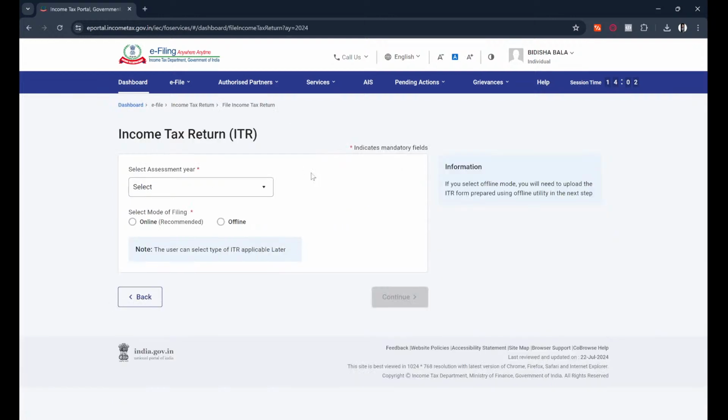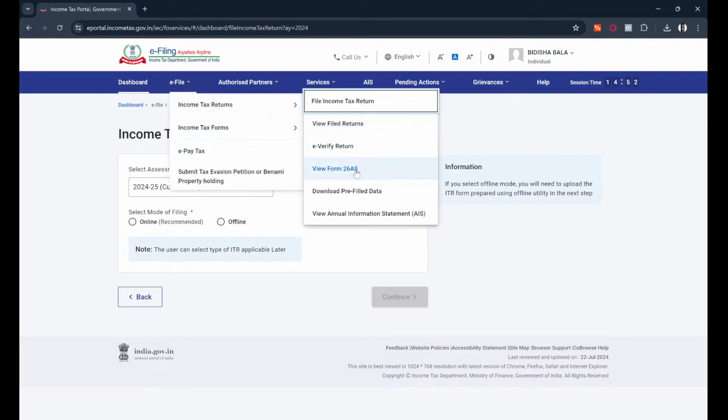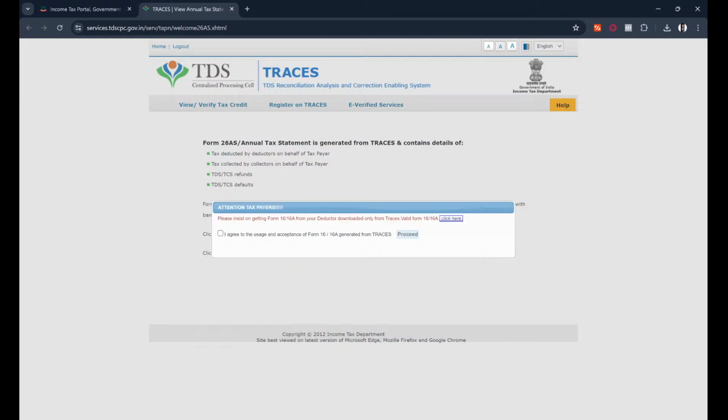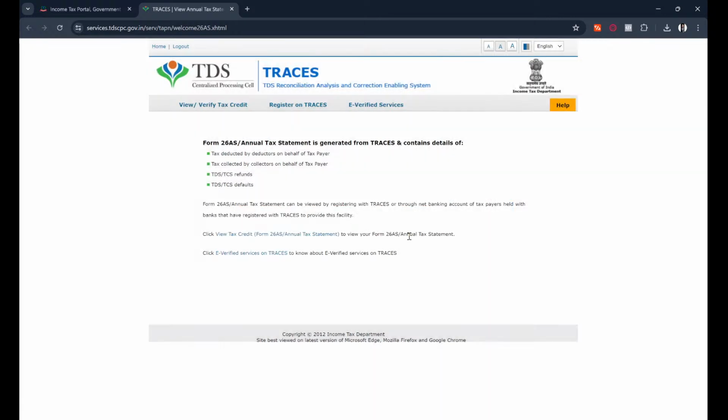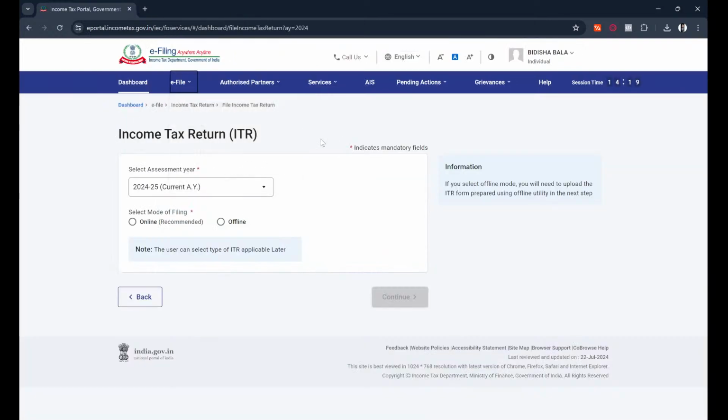So first we'll click file now. ऑफ कोर्स आपको थोड़ा सा ये देख लेना है, वो ई फाइल्स पे जाके इनकम टैक्स, and from here you can check for Form 26AS. You click in here, it will take you to this second web page where you can select I agree, and here it says click view tax credit Form 26AS, and click on this one. यहाँ पे you have to click assessment year 24-25 and here you can select HTML. And now if you click here you will see the other details that you need to see, like the tax deducted at source,